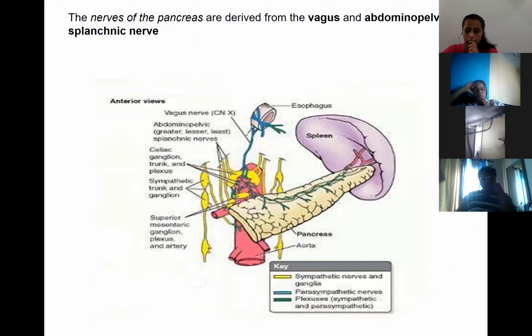Continue. Yes, sir. So the nerve supply is through vagus and abdominopelvic splanchnic nerves, and all this arterial supply and venous supply is important because during the resection of pancreas, usually in Whipple's surgery, and also